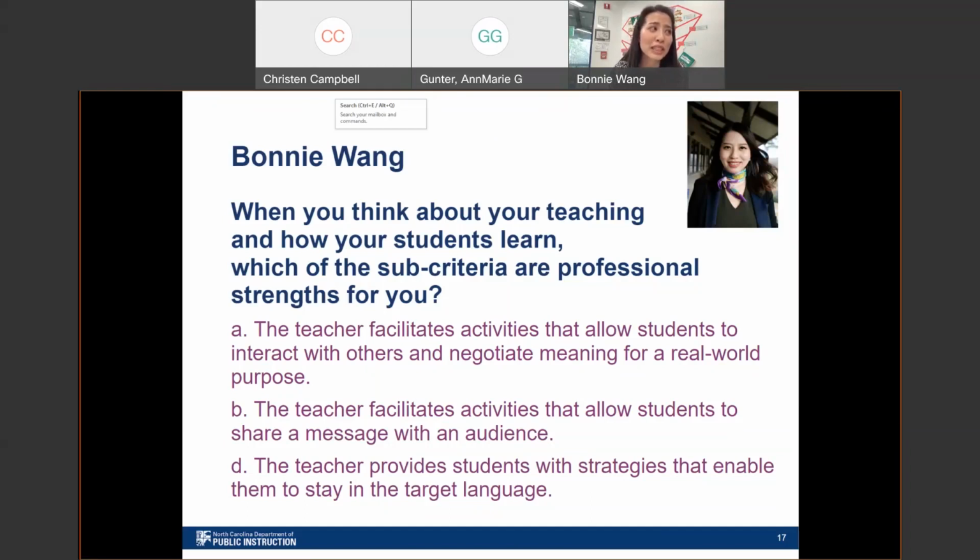At some point, we'll see in our textbook, or I know many of you are not using a textbook, you are probably using some authentic materials, but the authentic materials all need a context. No matter if you're using a magazine or picking YouTube video clips, or following one or more textbooks, think about that language use, think about when students can use it, and to whom. Those are the contexts that we're talking about, and we always need to indicate to our students who they are talking to. There's always an audience.